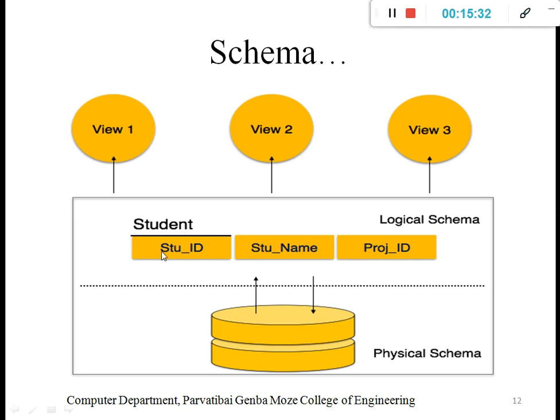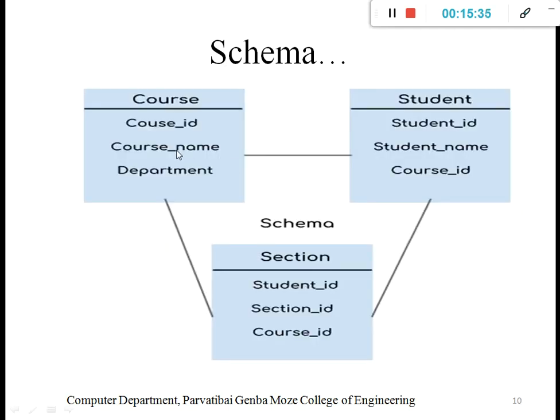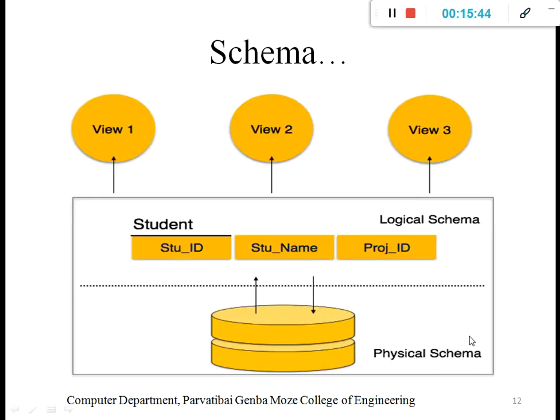This is a logical schema. It is the relation between course, student, section, and maybe result. Under the logical schema, we decide how exactly we create the table structure, how many tables, the table relations, and how exactly the data is retrieved from the tables and shown to the user. This is called the logical schema. Later, with the help of advanced database concepts, we will understand this.